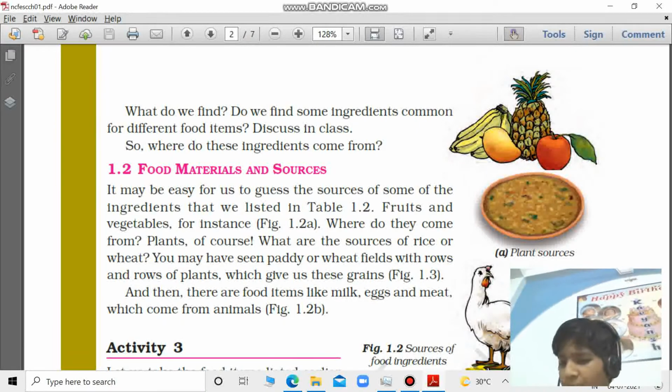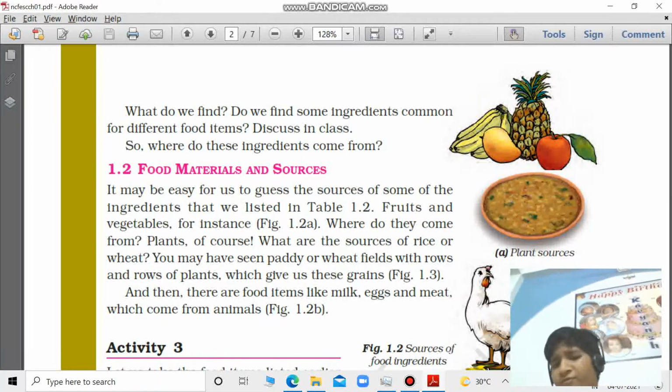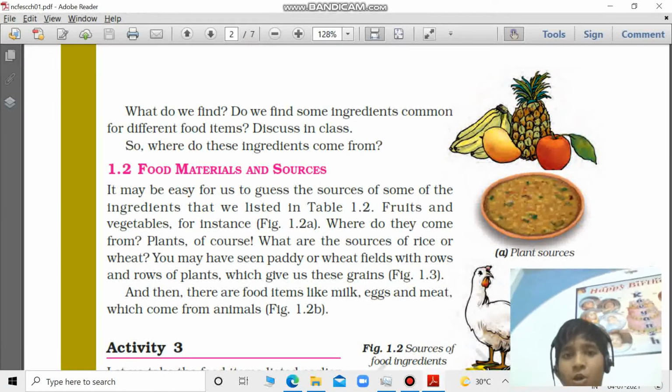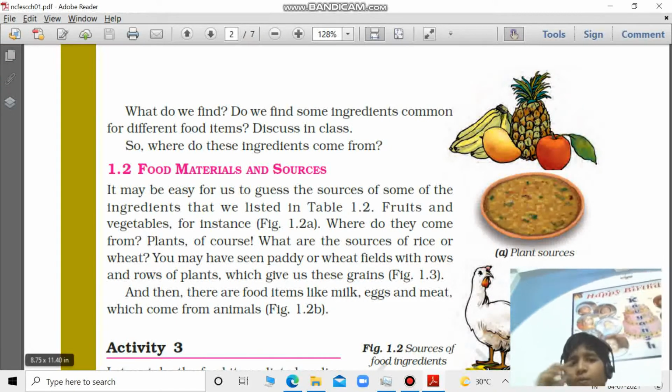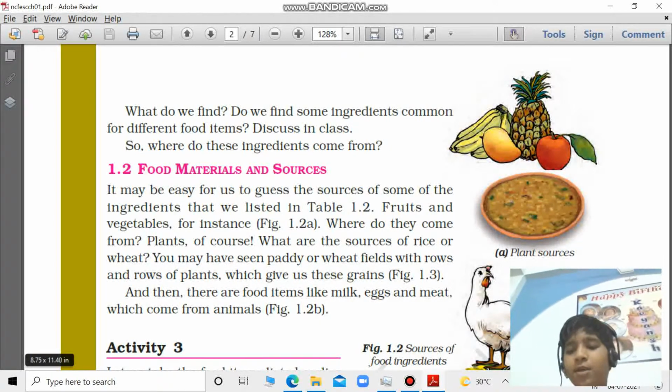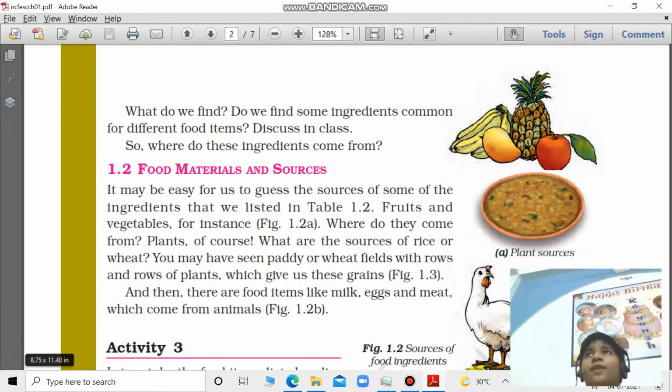Do we have common ingredients, or different ones for different foods? Actually, if I told you that salt is a common ingredient, you can believe it. Other ingredients are not so common, but water, salt, and also sugar are some of the common ones. If you make anything, you'll find them at least.